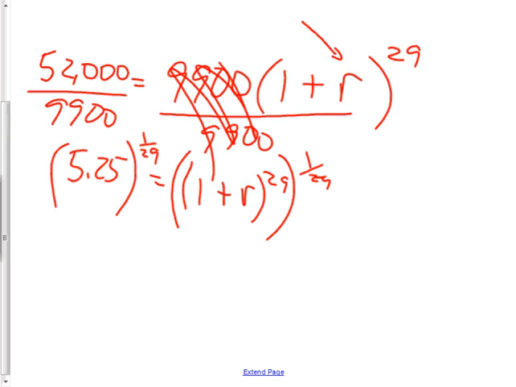So 5.25, 25, 25, etc. I'm going to actually clear that off and round it to 5.25. It does mean my answer is going to be a little less accurate, but 5.25 to the power of parentheses 1 over 29